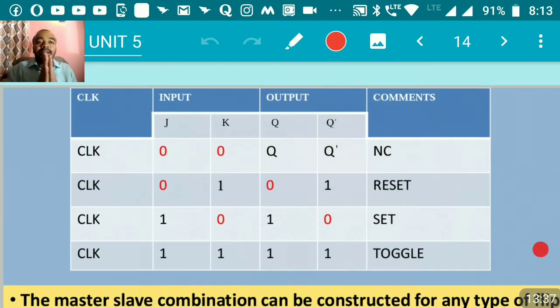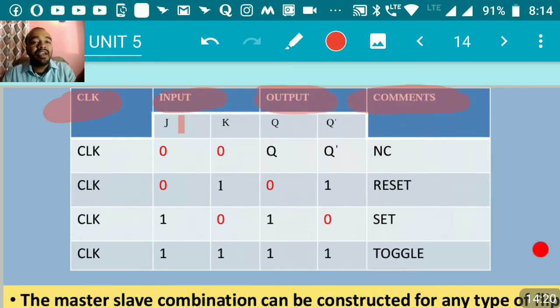The truth table of the master slave JK flip-flop is very similar to that of the JK flip-flop itself, right? So the same thing is there, nothing is going to change. Whatever the master flip-flop is going to perform, the slave flip-flop is just going to copy the master flip-flop. That is what we are going to add in the answer, and that is where it becomes a different answer for master slave JK flip-flop. The truth table is very, very similar, or I can definitely say that the truth table is the same. Okay, so we have a clock pulse, we have input, we have output, we have comments.